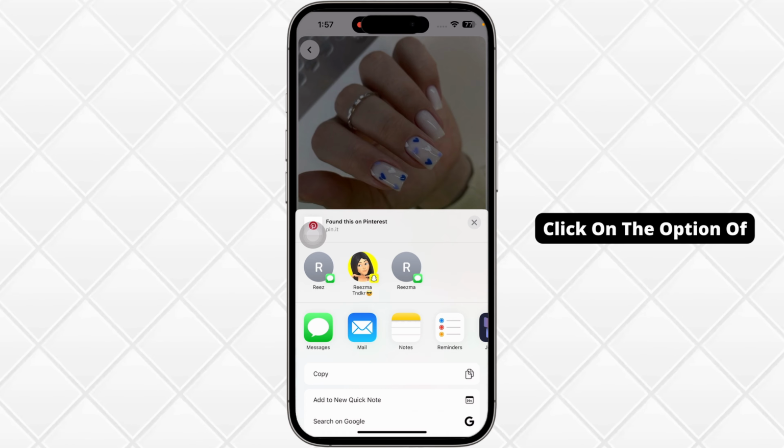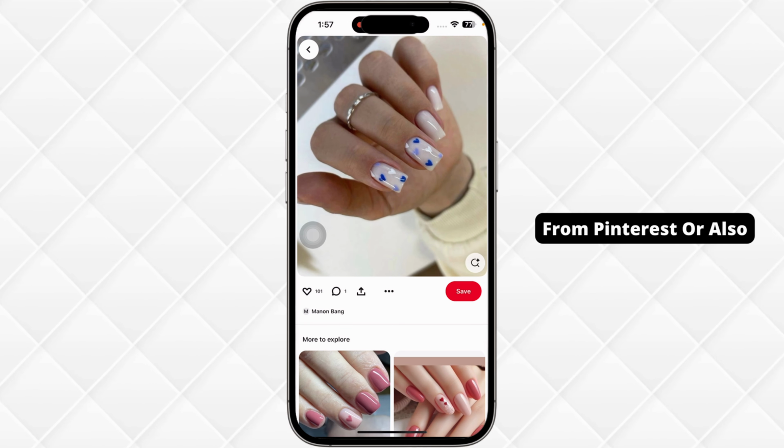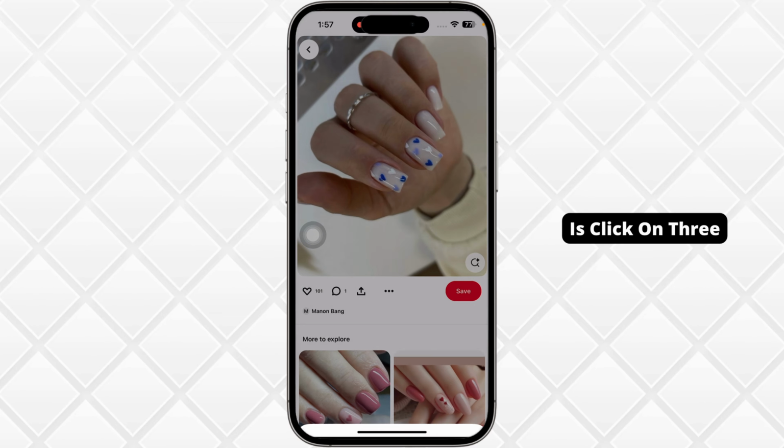Now you have to click on the option of print. With that, the picture will be printed. So this way you can easily print from Pinterest, or also what you can do is click on three dots,